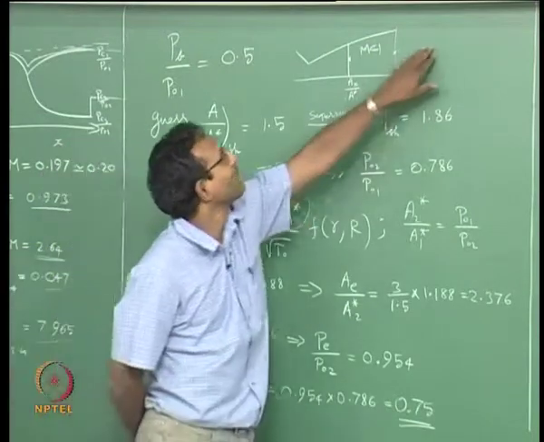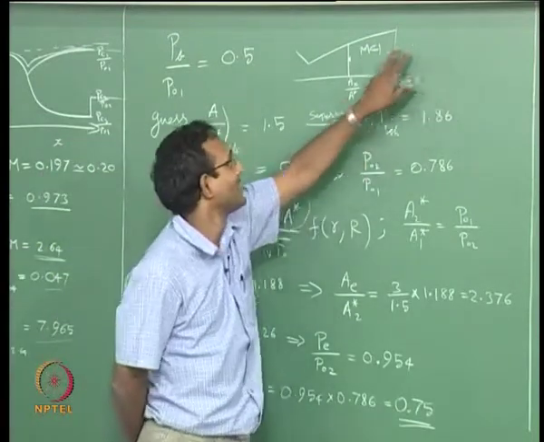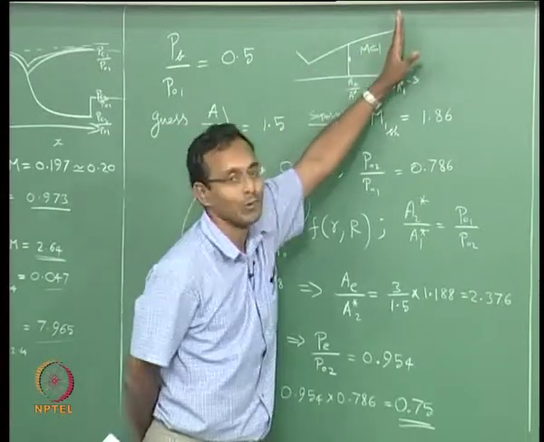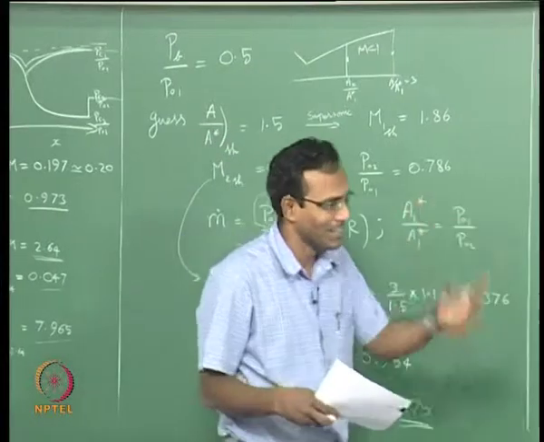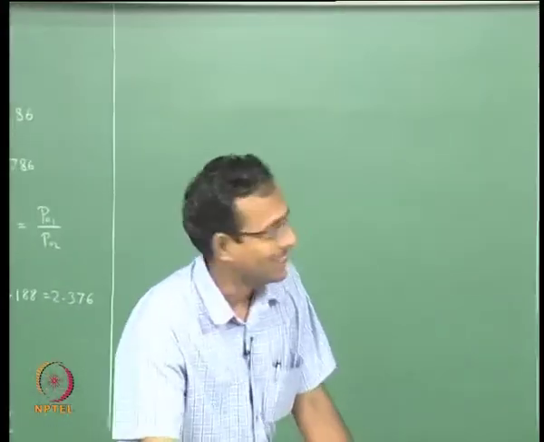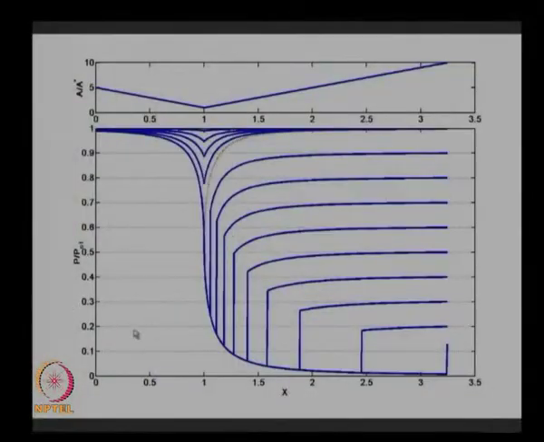We have to decrease the pressure at the exit. Expansion fans will come in, weaken the shock, and it will be thrown more out. That is one way of looking at it. If you do not like the explanation, let us go to the screen. Okay. We will go to the screen. Oops. Okay. All I have to do is just remember that as the shock goes downstream, the pressure at the exit drops. This is the only thing you need to remember. If you remember this, then things are easy for you automatically.